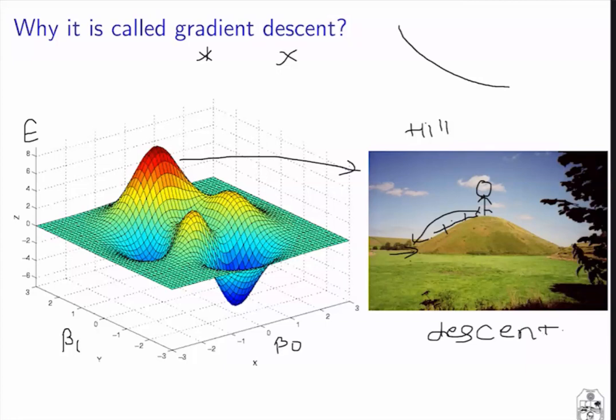This portion of the graph corresponds to the hill, and our error position is like this, and we want to reach a lower position, either this position or this position or this position. So there are many lower positions available, and these are called the minimum values or the minima. I think I have explained the term descent here.